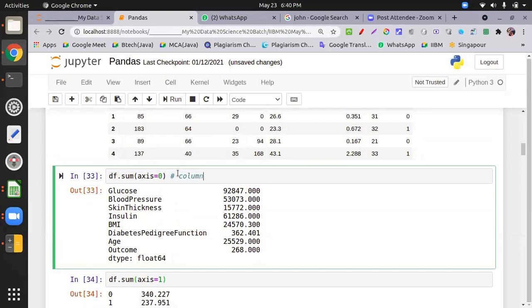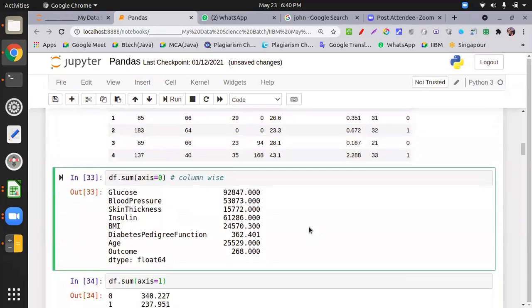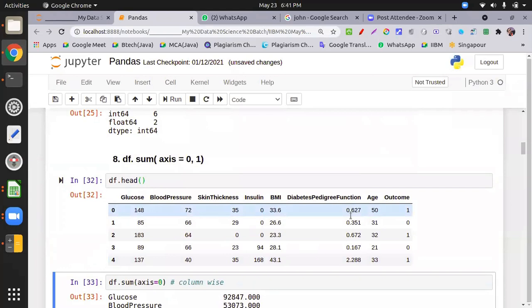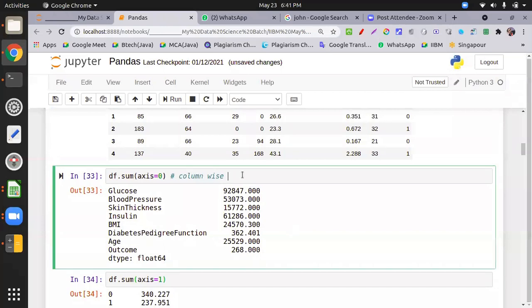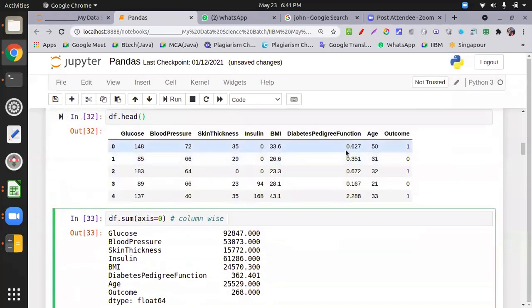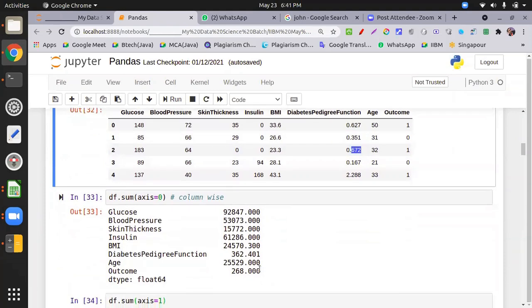Sir, this is Sandeep. Sir, will it round to 3 decimal points or will it extend? I will tell you later on how to handle data types. Okay, what happened is that the data set given has 3 digits, so it is rounded off, or the same data type across all columns. You can see this is significant for 3 digits. Yes, sir. So it is generalized, just like you see in NumPy. If you put in any float value, it generalizes all values and converts all to float. That's why the same thing is happening here, because it has 3 significant digits, that's why there is a 3 here.